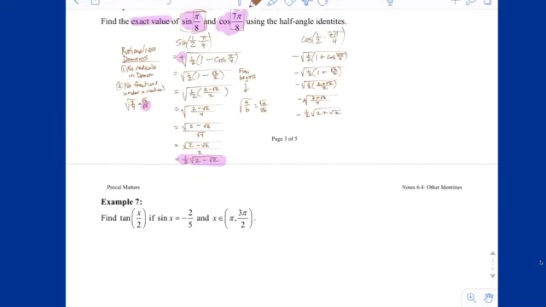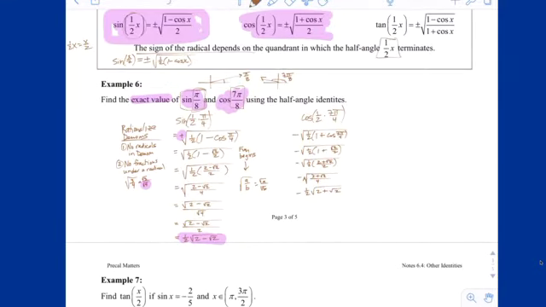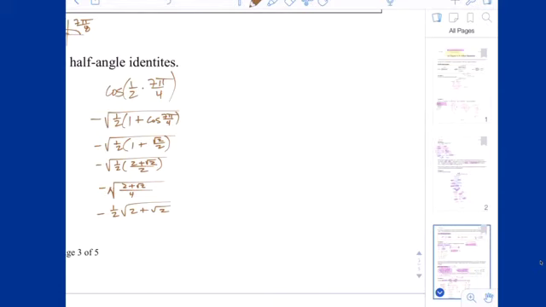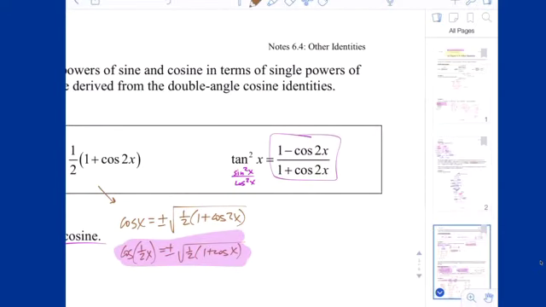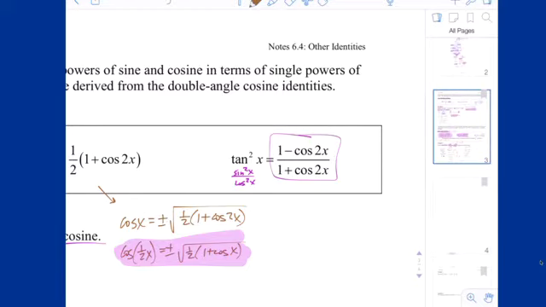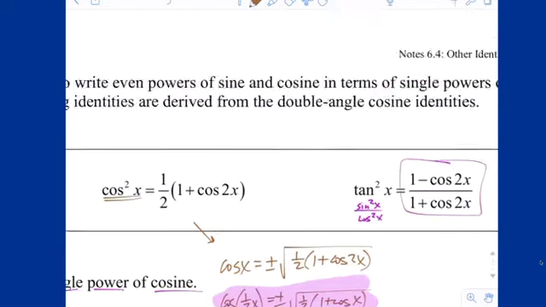Okay, so we're not going to go to example 7 today, but I do want to introduce you then to that bonus opportunity. So you've been waiting so patiently. Okay, so here's what your bonus opportunity is going to be. And you can do this outside of class. I don't know exactly what day your test will be, but this will be due on the day of the test. You're going to find, if you choose to do so, the simplified,